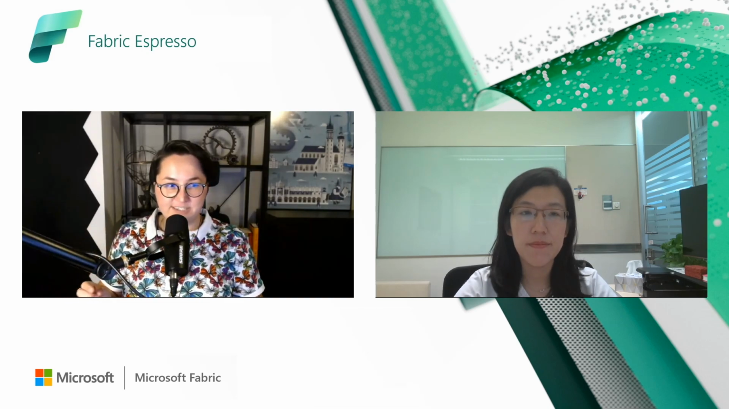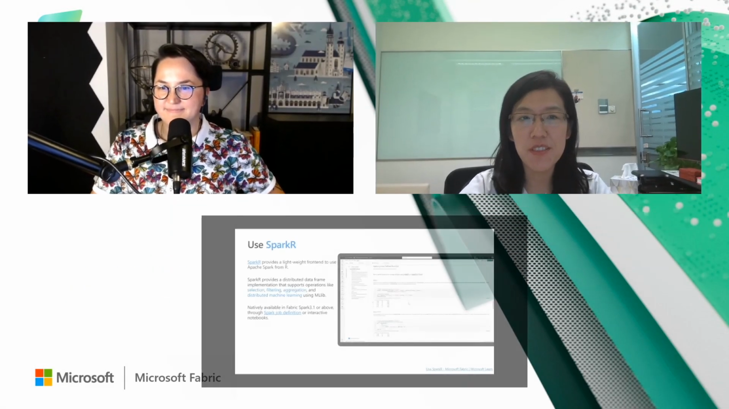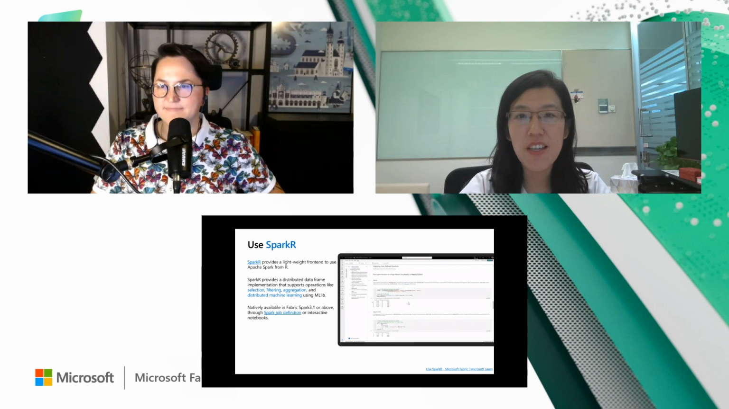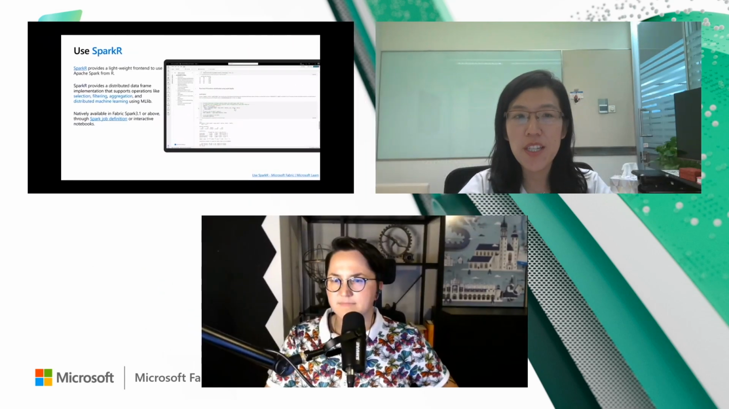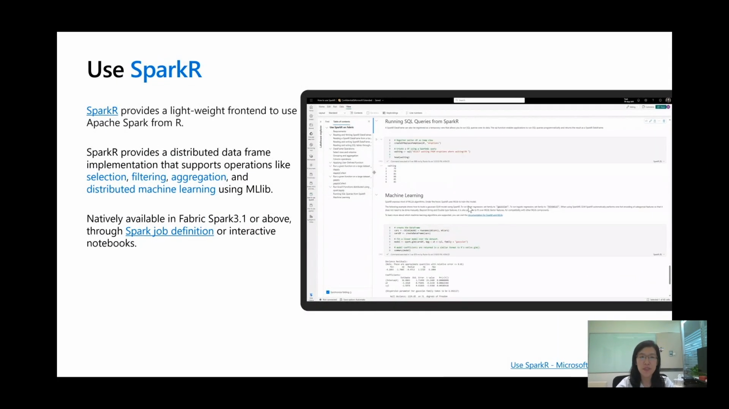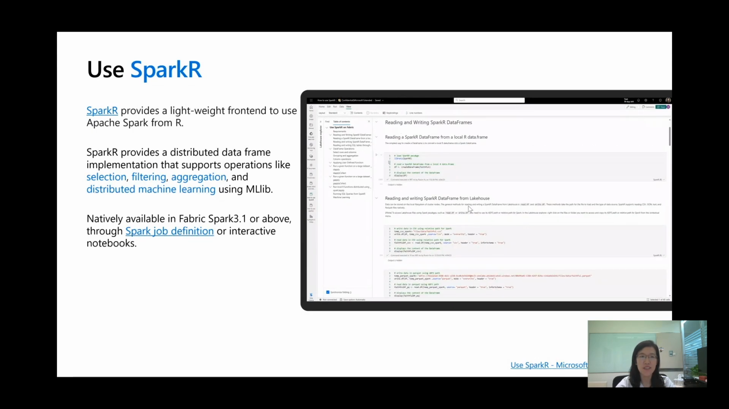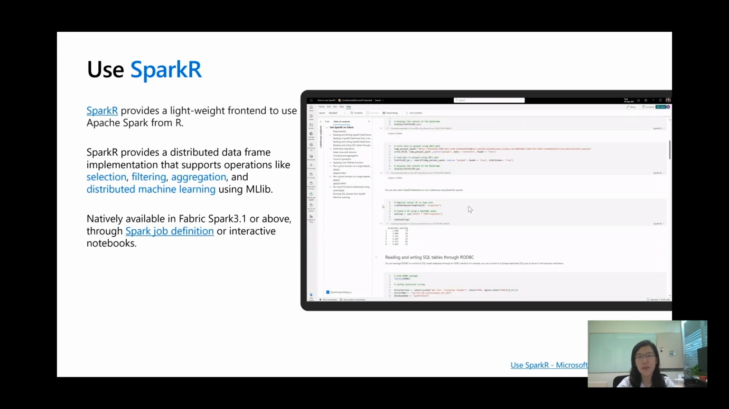Ruixin, you mentioned that there is SparkR and sparklyr. What are those libraries and their functionalities? Okay, SparkR is a lightweight frontend to use Apache Spark from the R language. It's an interface built by the Spark community. It provides distributed data frames, a native Spark data frame implementation that supports commonly used operations in Spark, such as filtering, aggregation, selection, and distributed machine learning. And